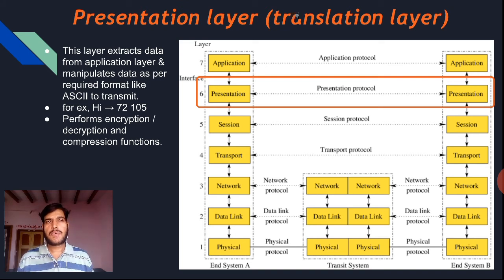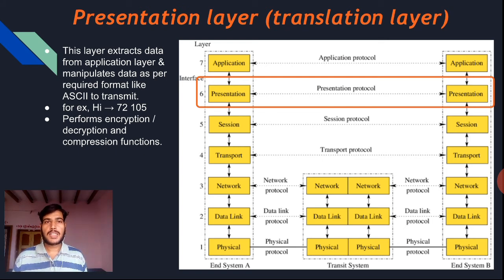Assume that he wants to send a message, saying hi to system B. This message will be extracted through the presentation layer from the application layer, and it is going to perform the manipulation task, translating the message received from the application layer to its required format. For example, it may convert the original message into ASCII code or BCD code, like that.